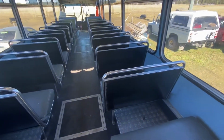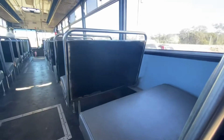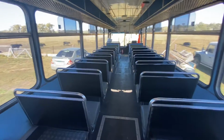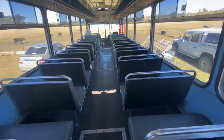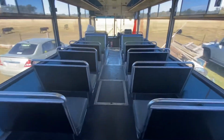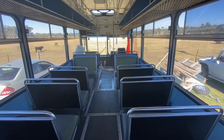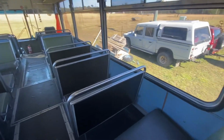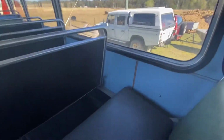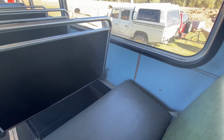And as well as on the back of the seats, they were fake 80s laminate wood style, sort of like that, but I've repainted them in a gloss black, so that way it sort of gets rid of the fake 80s look and brings it a bit more modern. So that way it hasn't got 50 million types of finishings in it, because it kind of ties in well with the old Transport for New South Wales blue walls, because this bus was originally operated by Transdev